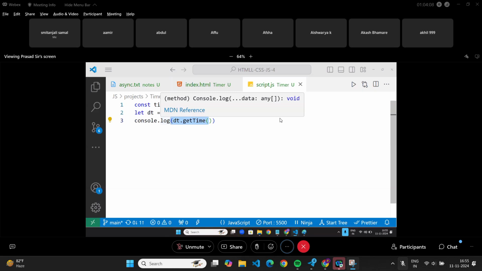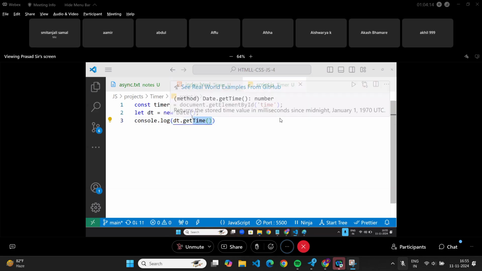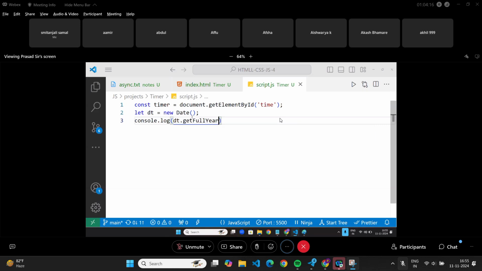Are you getting my point? Or if you say getFullYear, you will get the complete year, 2024. Or getMonth, you will get the month. Or you can say getDate, you will get the date.